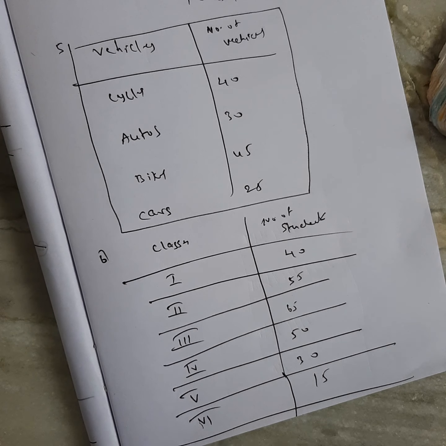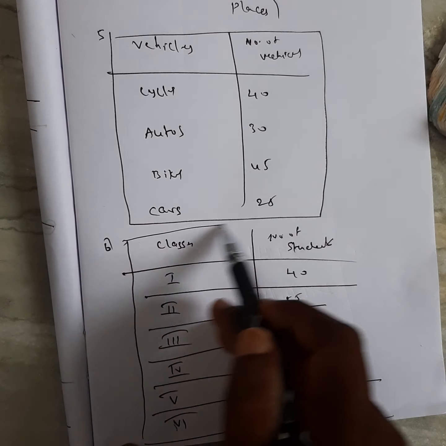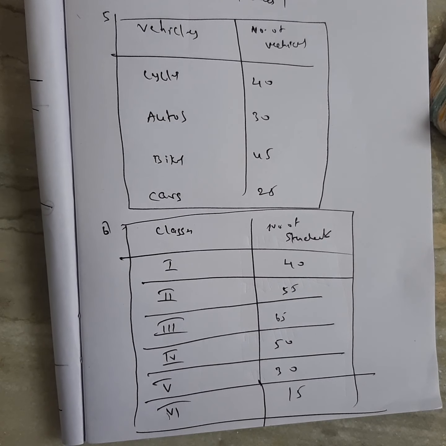So by observing the data, you are able to draw the frequency distribution table. This is how to draw the table, children. For question number 6, you write the table like this by observing the histogram that they gave. From the histogram we prepared a table. In question number 5, from the bar diagram we prepared a table. In question number 6, from the histogram we prepared a table. So we are able to convert a histogram or pictogram into a group table, or a group table into a histogram or pictogram. Anything you have to convert. So this is question number 6, children.